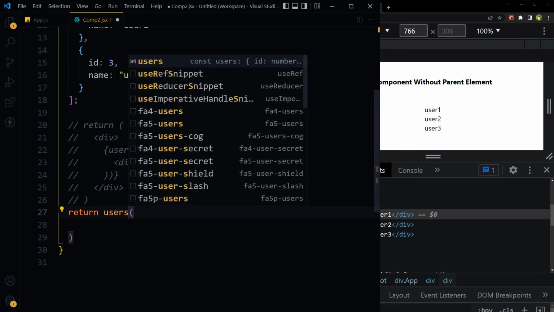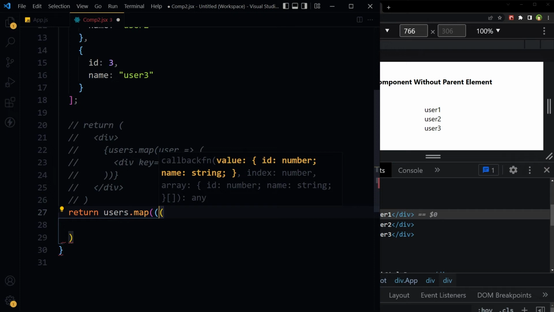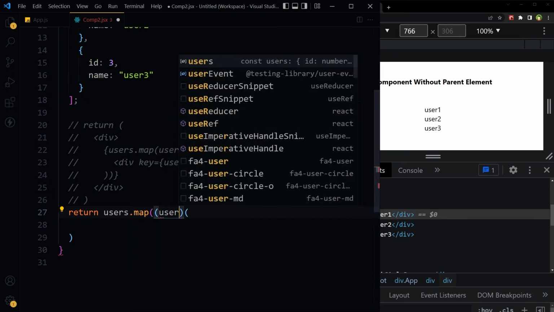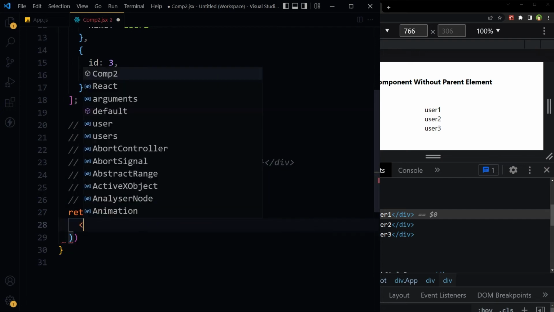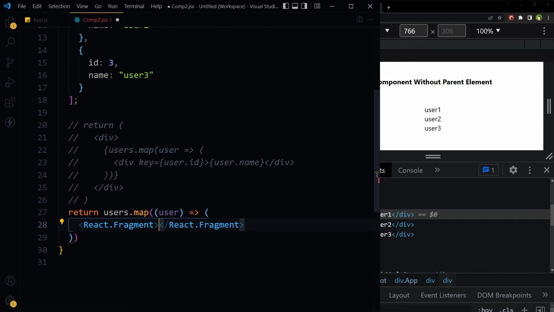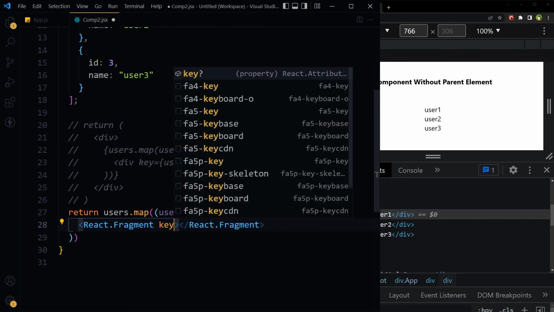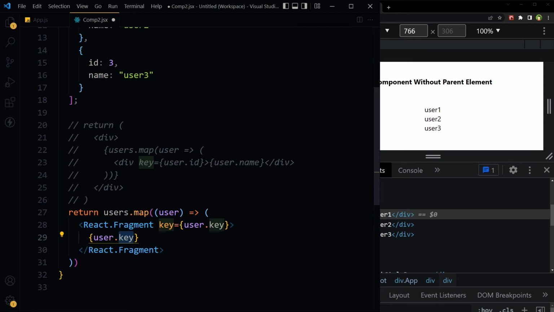Return users dot map, React dot fragment, and here key, user dot key, user dot name, user dot id.